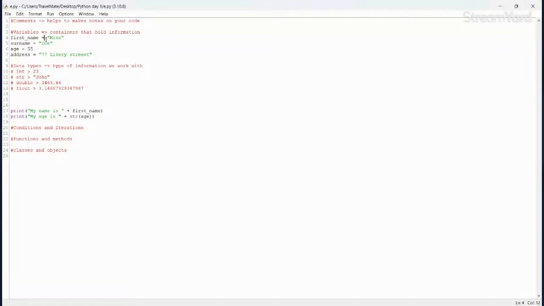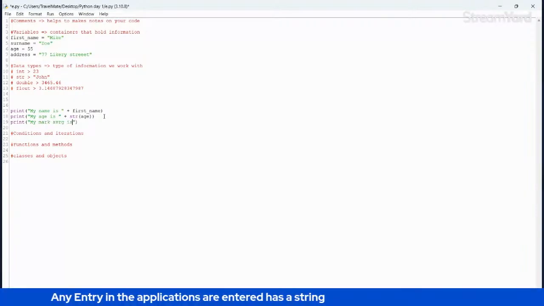Right. So I hope you guys understand that this is where variables are quite powerful, and you guys will see it as you learn. Especially if you're from a programming background, you know that variables are quite an important concept that you need to master. Right. So I spoke about variables and I spoke about data types. As you can see, I've worked with strings, doubles, integers, and floats. Right. So even if I do say things like, my mark average is, what I can just simply do is concatenate that.